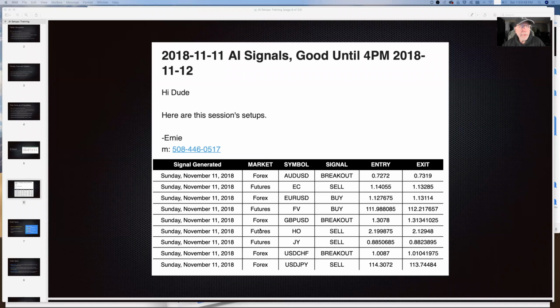And then they could be different markets, Forex or futures and equities, although we don't have that many equities trades out right now. We will in the future. And then the symbol for what contract it is that we're trading. Now, I'm not going to get too heavy into the contract stuff, other than to tell you that with Forex,